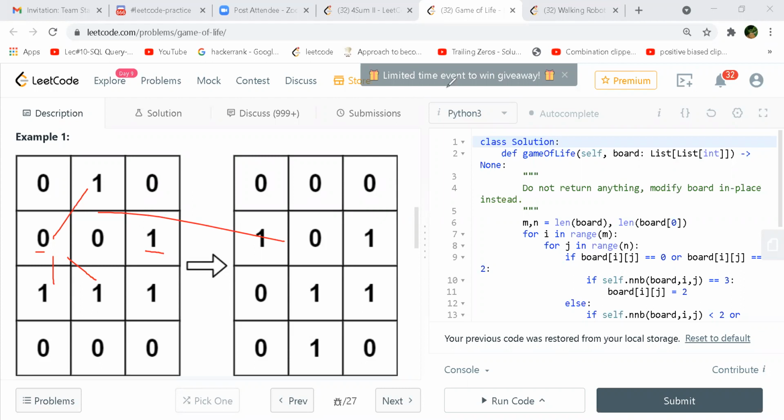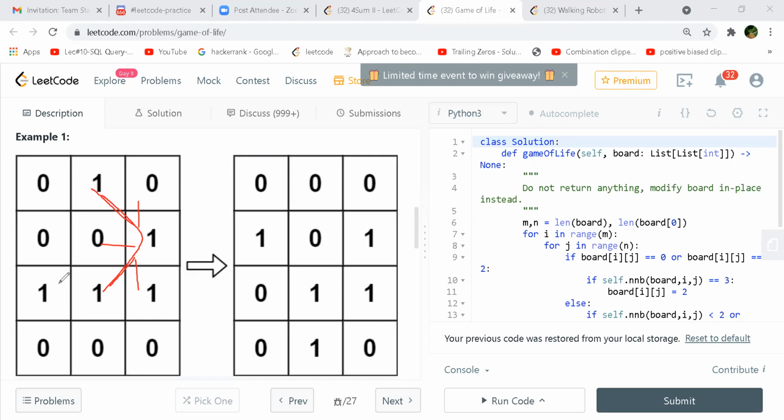So then we ignore that condition. We just ignore it and move ahead. This one also has 3 neighbors. But 1 is 0, 1, and then 0, 2 zeros are there. So we have three ones, right? In that case, the diagonal is also there, this diagonal and that diagonal. So this actually doesn't change the state because it's already 1, so it will always be 1. So if it was 0, it would become 1. But if it is 1, it's not going to go to 0. It will still be there.